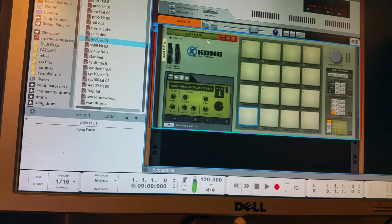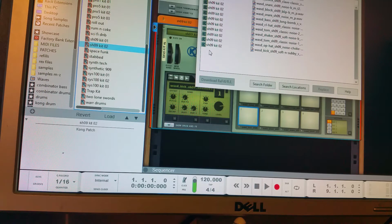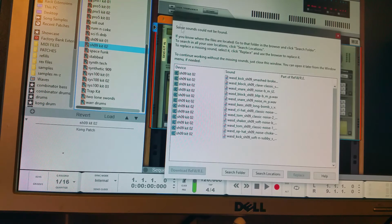But just to show y'all an example of what's up now, I'm going to go to SH09 Kit 02. And what's going to happen, obviously, bang, it's going to come up with the missing samples or whatever the case be. Boom. These are all the samples that are missing. I know what folder it's in, so that's not the point either. But the problem is,